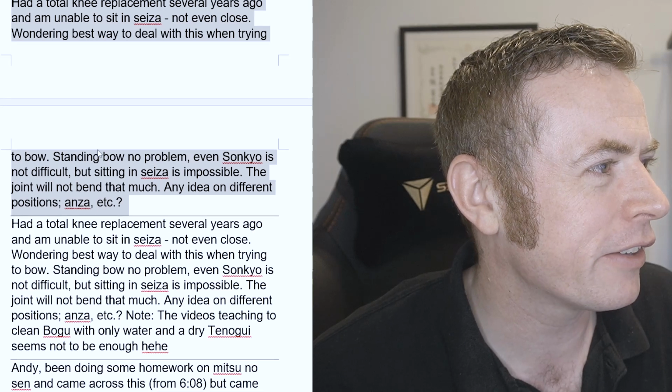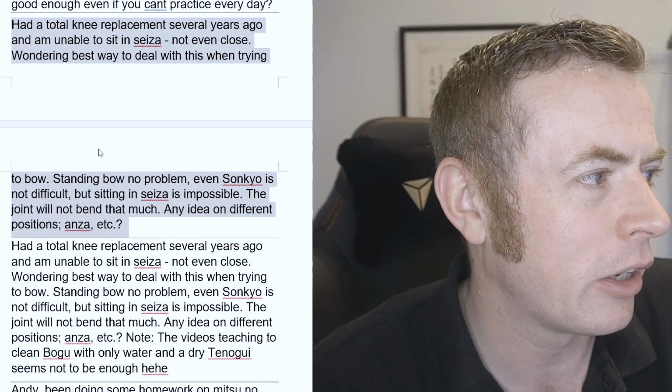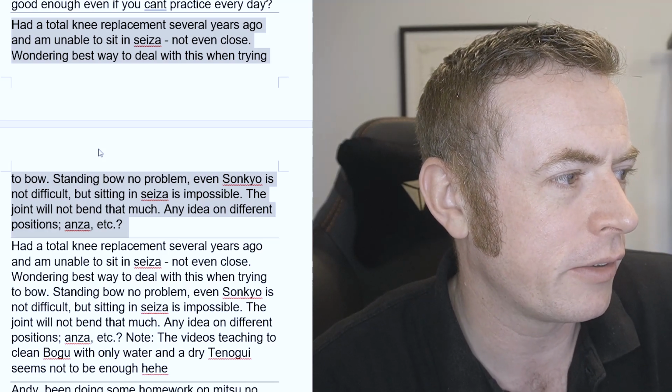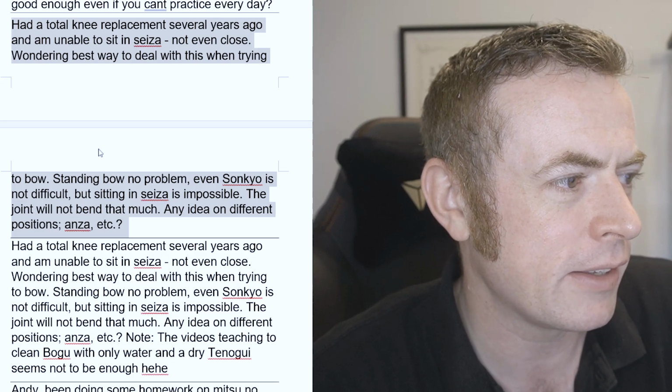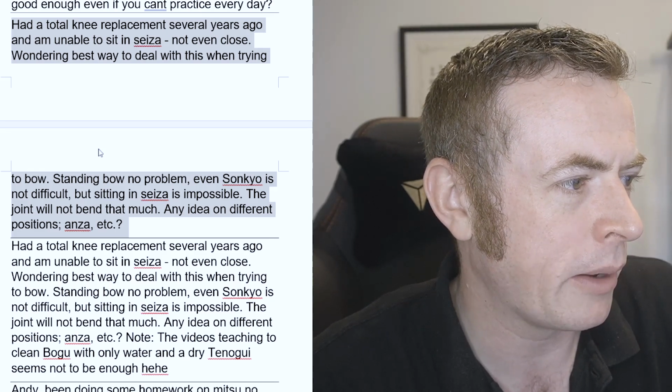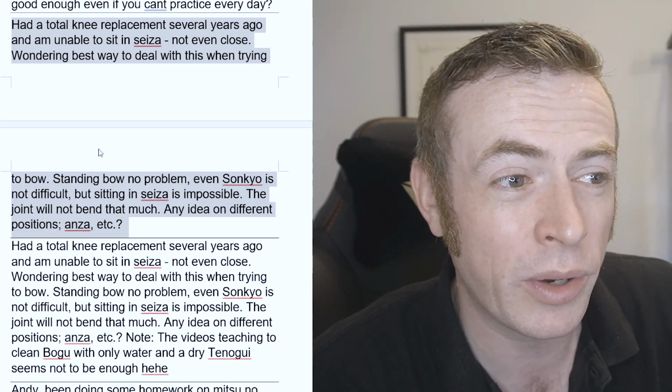Right, next one. Had a total knee replacement several years ago and I'm unable to sit in Seiza. Not even close. Wondering what the best way to deal with this is when trying to bow. Standing bow is no problem. Even Sonkyo is not difficult, but sitting in Seiza is impossible. The joint will not bend that much. Any idea on different positions, Anza, etc.? I don't know what Anza is,